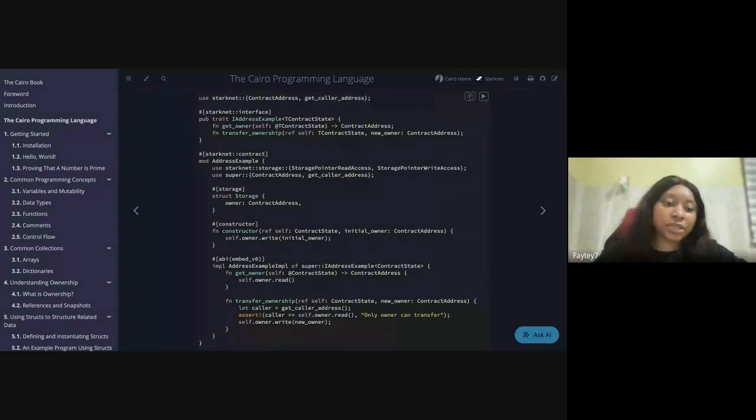So I would encourage us to go through these data types. It is not complex. It is the same as with every other programming language, and it's just the syntax that might be different. Okay, so